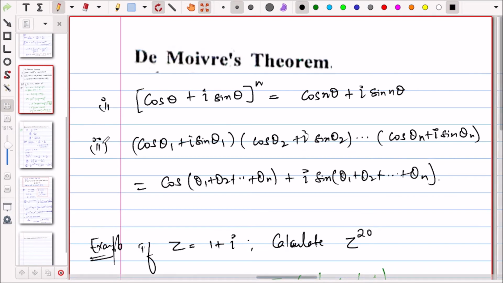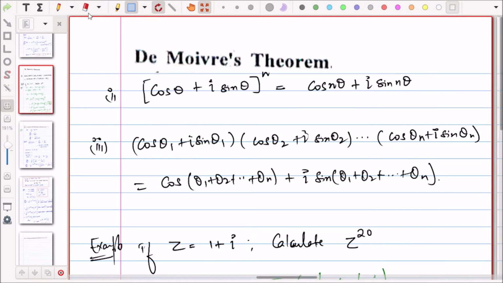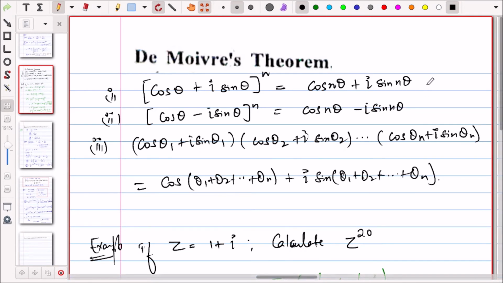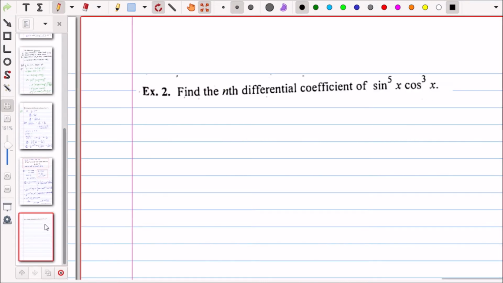It is on similar lines to this result, the one with minus that we have just used. Because it comes from this, but now you can remember it directly. cos theta minus i sin theta to the power n is equal to cos n theta minus i sin n theta, where n belongs to Z, it can be any integer. Is it fine? So we have used this formula. So n can be any integer. Now let us come to this question.